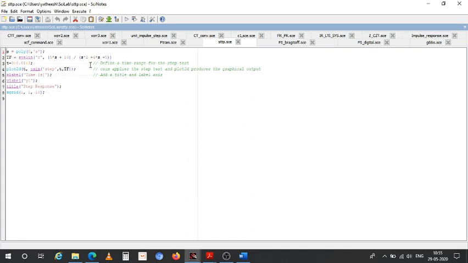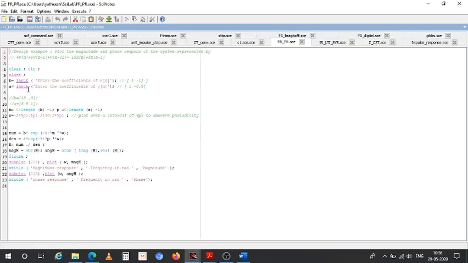Frequency response we already have considered. So in the same way we are asking the user to enter some coefficients for xn and yn, and some mathematical operations are done for plotting over an interval of 4 pi to observe periodicity, then exponential numerator and denominator, magnitude is computed using ABS, and phase is computed using ATAN. Then you can see the simulation of this.